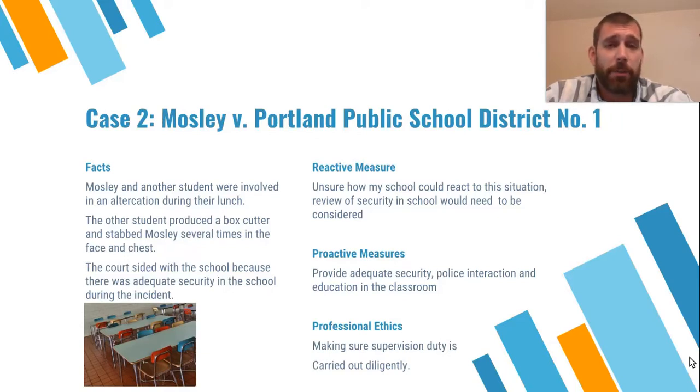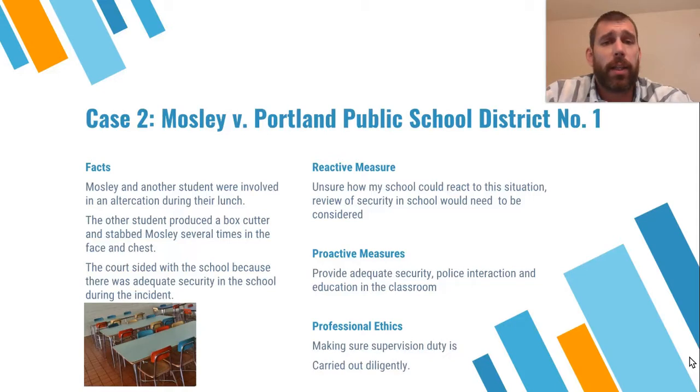I know it's difficult to fund those types of things with the limited funding that schools have, but I think that goes a long way in being proactive. I also think that having those personnel in the lunch periods is a benefit, because that's a less structured environment with many students, and that's going to be an area where altercations like these could happen.